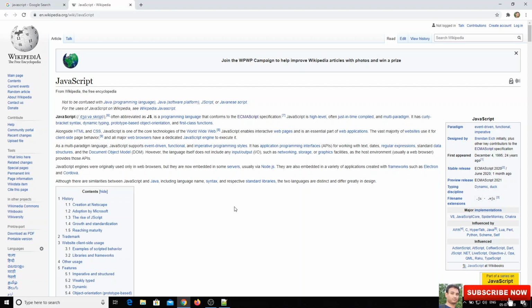Now there are so many advanced features in ES6, or ES 2015, but old browsers don't support ES6. For example, in IE11 or other IE browsers, the ECMAScript 2020 version will not be supported. Why? Because that browser was developed long before the ECMAScript 2020 introduction. So that is the reason only the old version, ES5, will work.